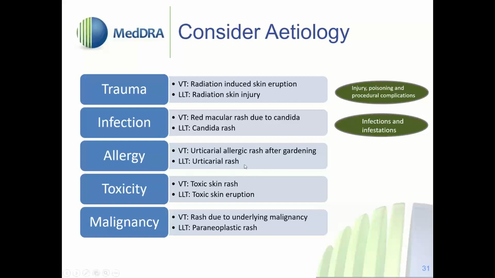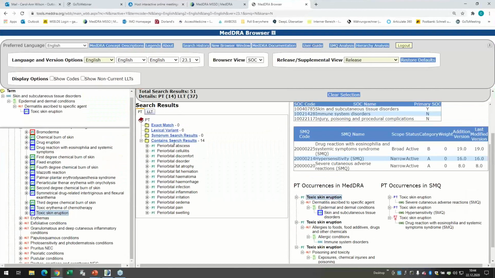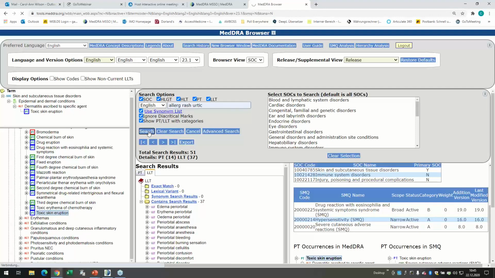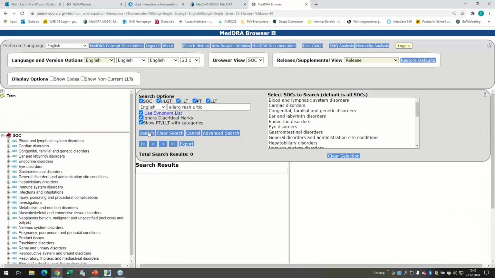The next one is an interesting one. Here we have an urticarial allergic rash after gardening. So we have three pieces of information here: urticaria, allergy, and rash. So let's go back to the browser again in order to check how to find the best term here. If I enter allergic, string, and then rash, and urtic, always use word stems to really have a broad approach for your searches. And I find no results. Bad luck. So let's try with